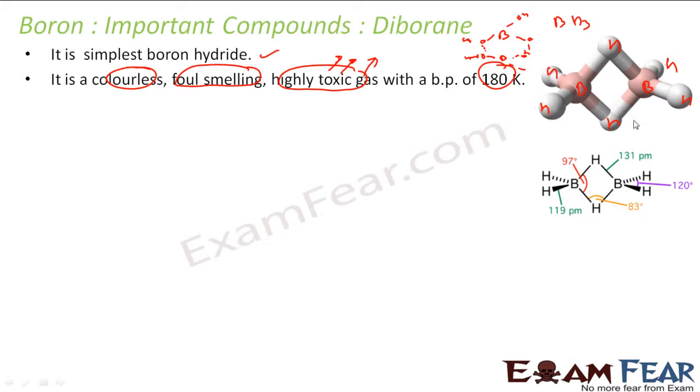In this case, there is no cage-like structure. Diborane is a standalone molecule, so it is a colorless toxic gas. It is a gas actually, and that's the very reason it's a gas. Toxic is because of some other reason, because it forms compounds with blood, but it's a gas because it is not a complex structure. Hope you understand that point.